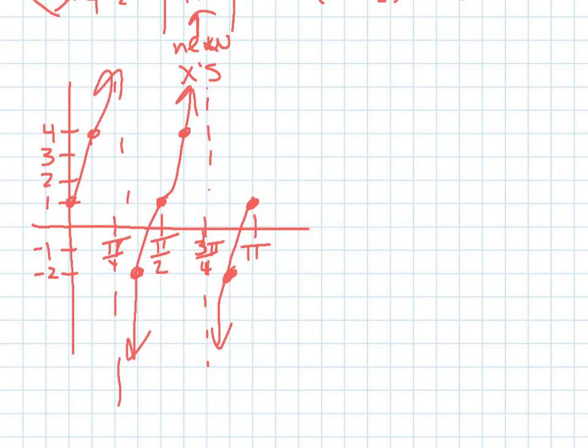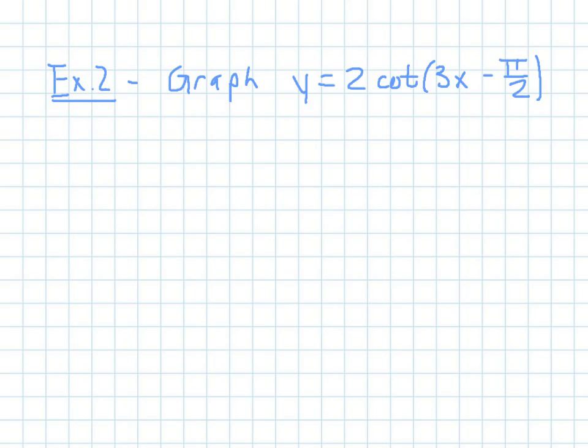But for tests and stuff, you would only have to show one cycle, which would be from the pi over 2 to the pi that we just showed. Okay. Now next one, we're doing 2 cotangent of 3x minus pi over 2. Now what I want to show for this one is that when you have a 3 inside, or the coefficient to x is not just 1,